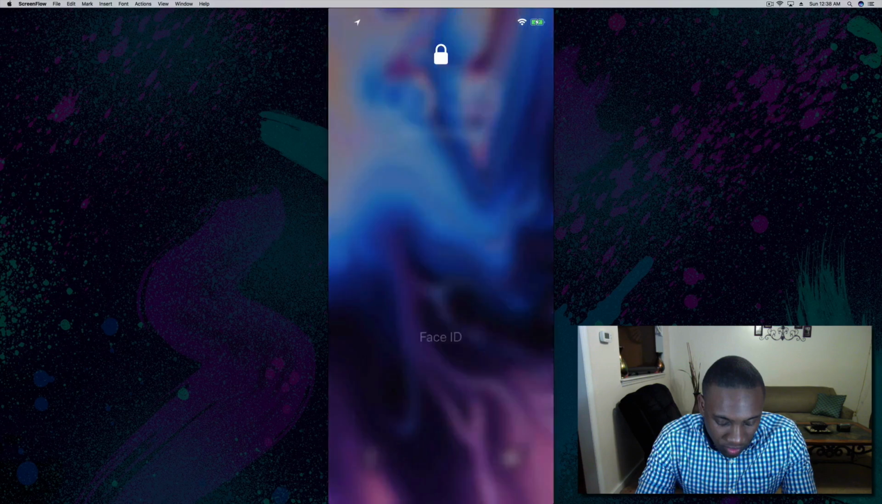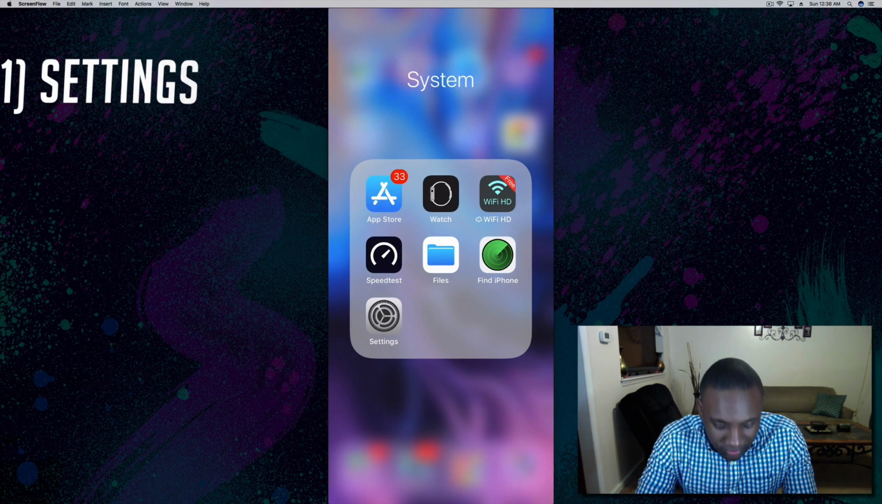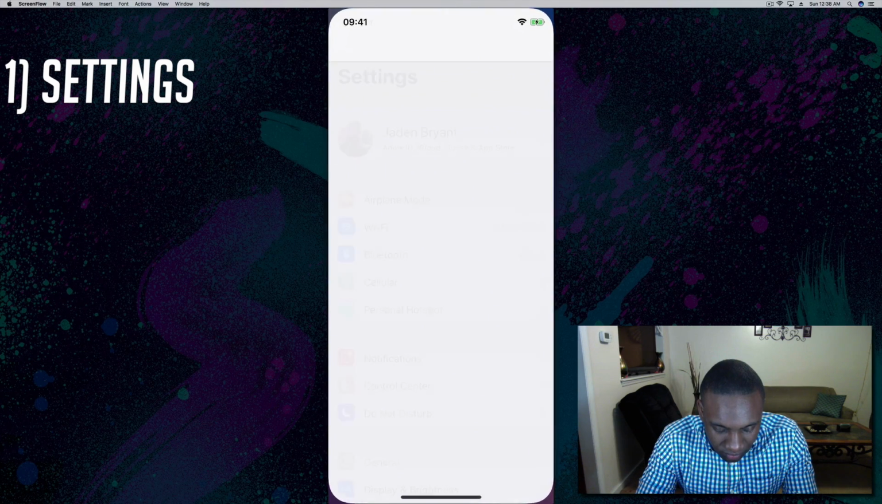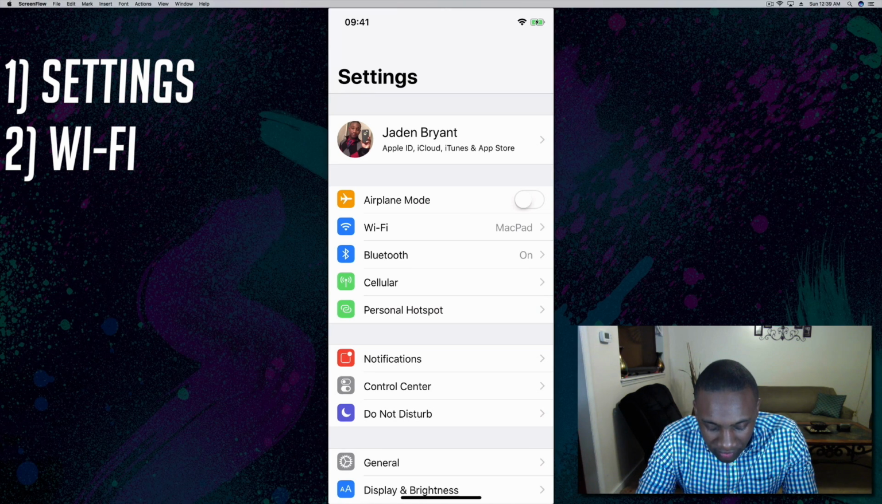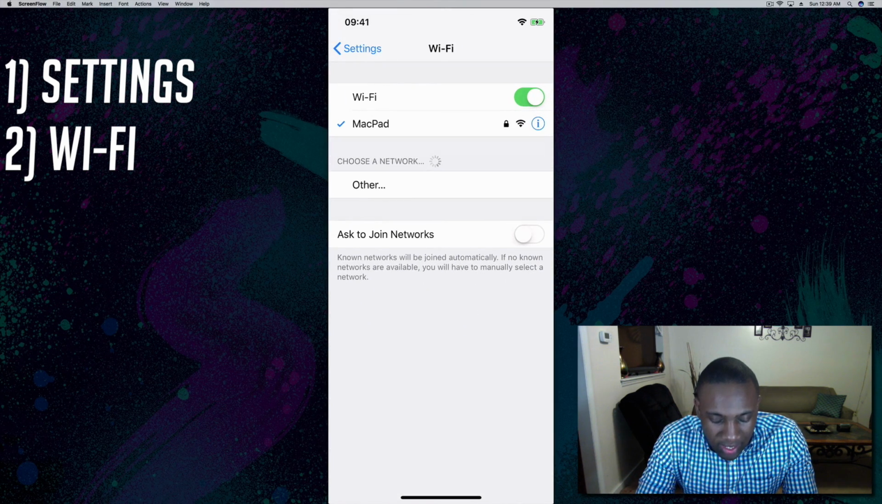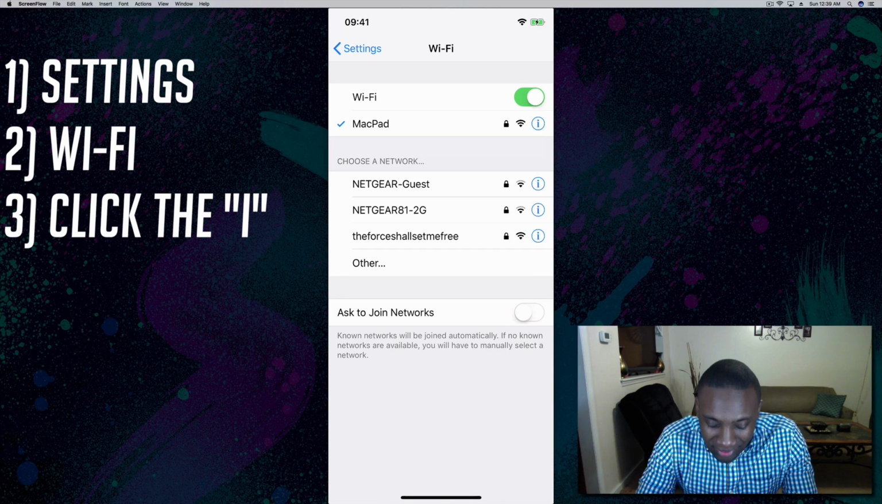So first off, we're going to go into our iPhone. I'm going to scroll over to Settings, and if you look right in the top section, you will see Wi-Fi. I'm going to click on that, and from here you will locate your network. I'm already connected to my network, MacPad, so I'm going to hit the I next to the network,